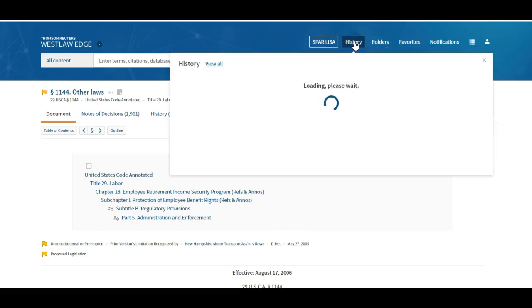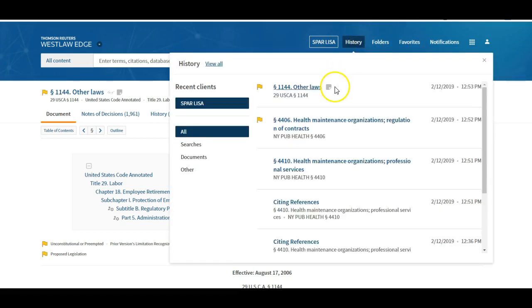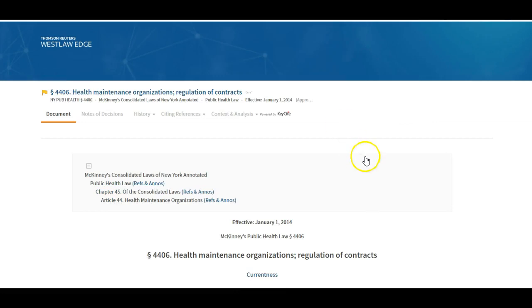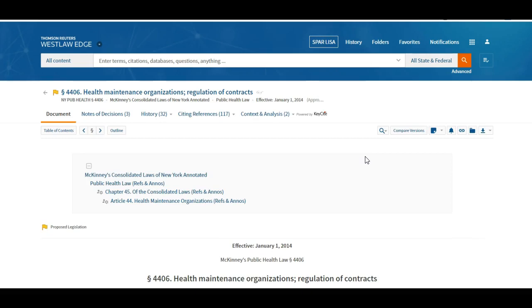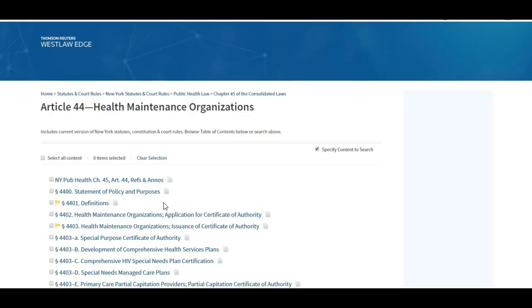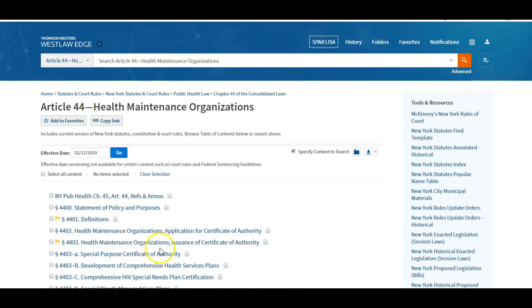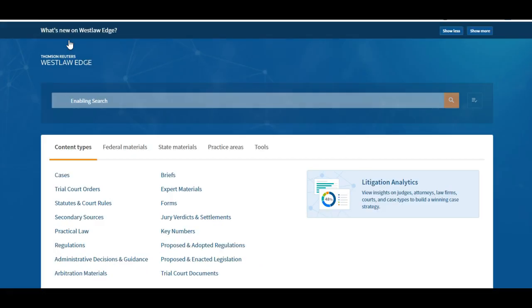you can, of course, Google it, and that sometimes will pull it up, but I find for state laws, Google is a lot less reliable, so it's good to know about the popular name table, and you can get to that a couple of ways here on Westlaw. Again, the ever useful heading information. If you click on the link in that to get to the table of contents, you'll see the popular name table here, or the other, frankly, easier way